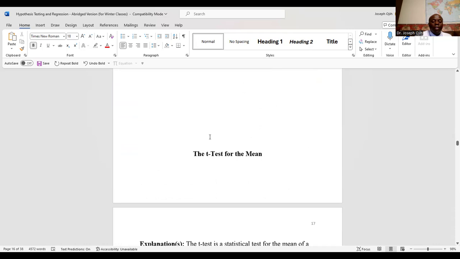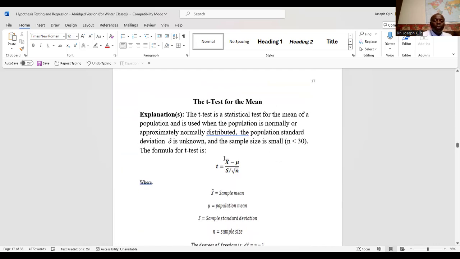We have done hypothesis testing for large samples. Let's look at when the sample size is small. When the sample size is small and we don't know the value of the population standard deviation, what we do is we use the sample standard deviation, and then we use what we call the t-test, not z-test. So we use t-test